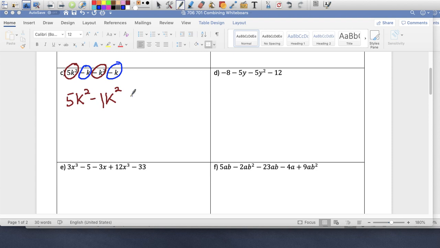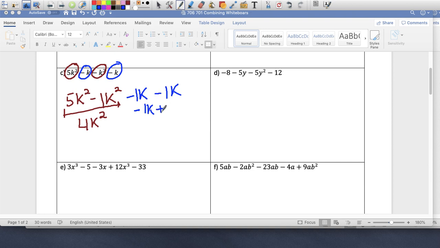On the other side, I'm going to have minus k. And again, there's no coefficient, so if you like, you can put a 1. Put a 1 here. Let's do these two first. But this is just 5 minus 1. What's 5 minus 1? It's 4k squared. And over the red, the blue, this one I'm actually going to change. So it's -1k,